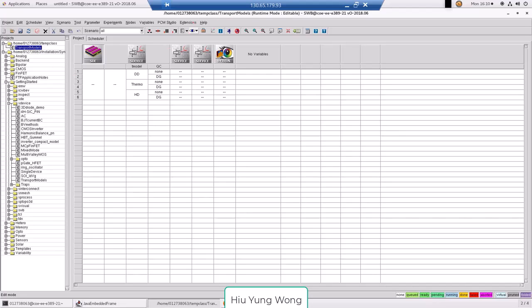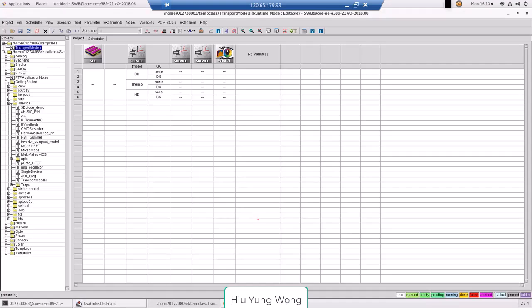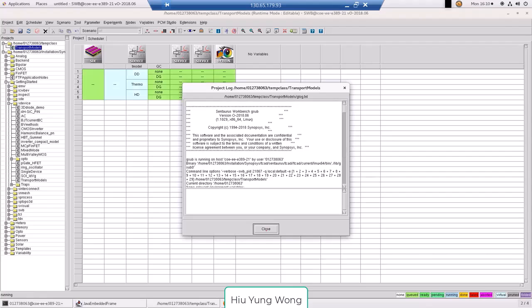When you double click this project, you see on the top here, it shows me the path. Make sure that you are at that path. And then you can submit the job by clicking this run man. And you will start running the simulation for you. Okay. Now, for each icon here,